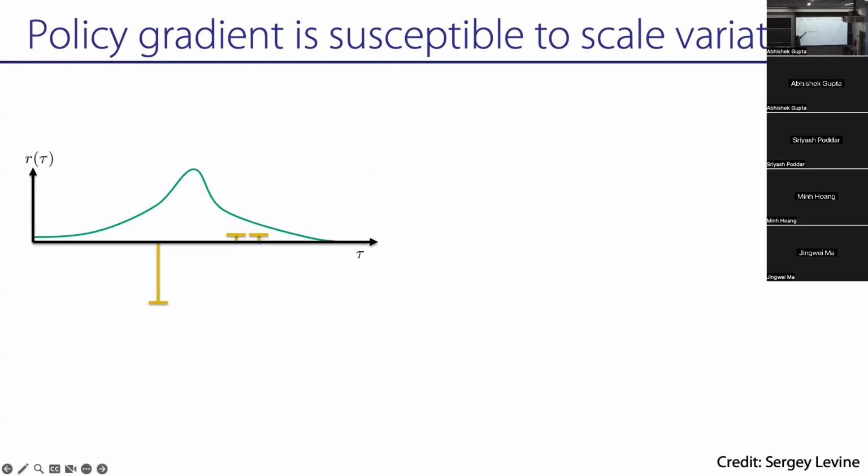Right? So what's going to happen to your policy distribution? It'll shift away from the negative, right? So it's going to go much closer to the positive. It's going to really push down the negative, right? And so it's going to go over here. Now, if I just added a constant to all of these returns, it shouldn't change my gradient, right? The gradients shouldn't be affected by a constant. But